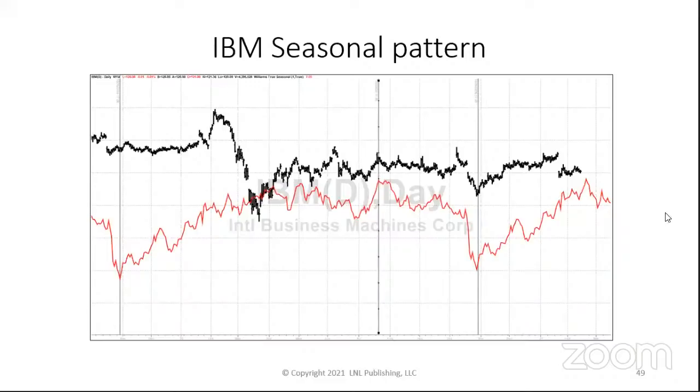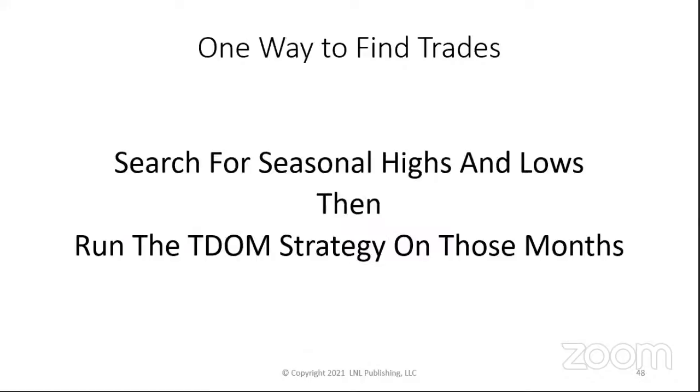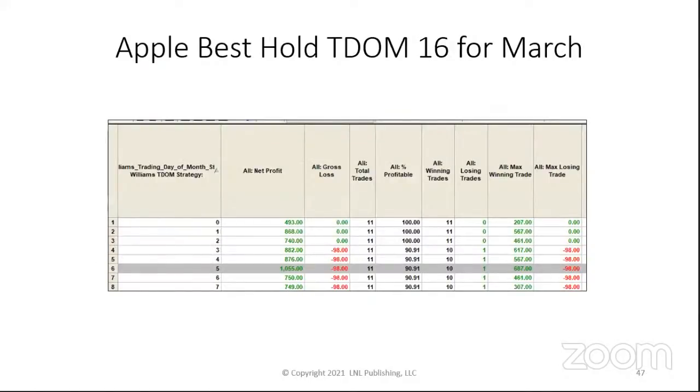These trades are not mechanical. What did you mean by that? Well, you can make them mechanical. Like, these trades are going to buy on the first, I forget what day, the 16th trading day in March, hold for 5 days, and get out on the first profitable opening after being in the trade 5 days. That's the rule.